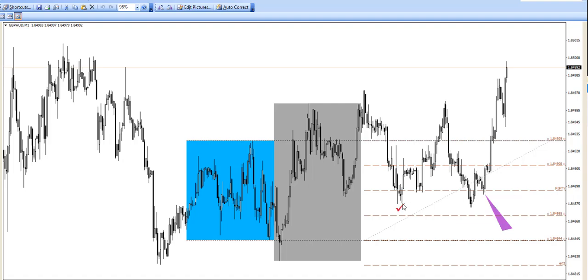You'll see price create liquidity around that fair value as I was talking about. So you can see where they've broke this particular low here below the fair value. They've dipped into this area, into this larger order block, this move down prior to the move up, and this